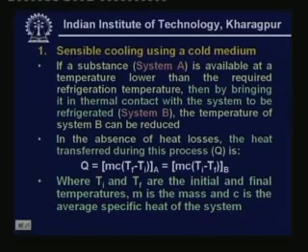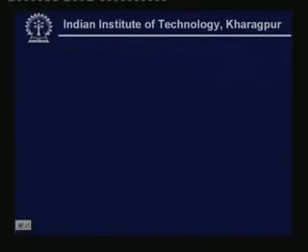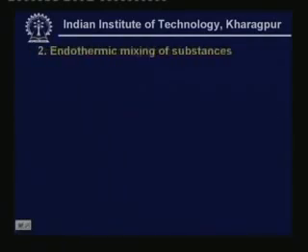Okay, so this is one simple way of producing low temperatures using a cold medium. Now let us look at the second method. The second method is producing low temperatures using endothermic mixing of substances. This is in fact one of the oldest methods known to mankind, and we know that, for example, from experience,